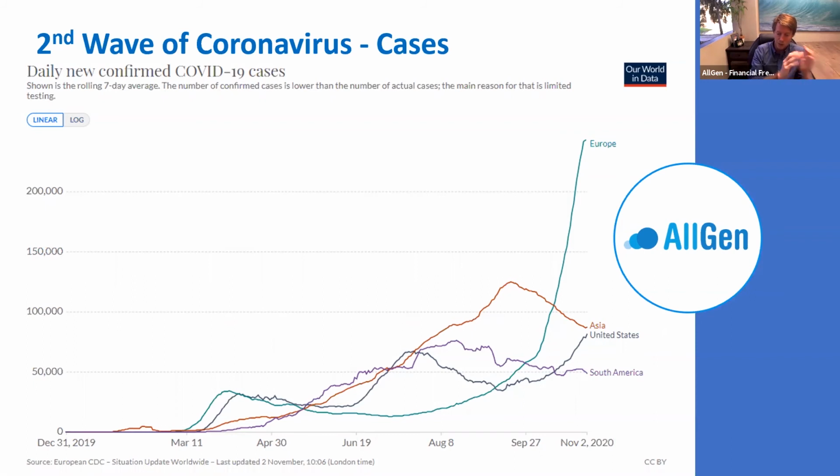The first set of shutdowns was an all-out nationwide, everyone stay at home type of shutdown. We don't believe we're going to have that. That hasn't been the case in Europe so far for the small shutdowns that they've had, and we believe that's not going to be the case in the United States either. So while we do believe it can slow down the progress of the most recent economic rebound that we've been experiencing, we do believe it'll be different if we have certain types of shutdowns or mandatory masks, or maybe closures of restaurants and theme parks and things like that. It won't be as bad as the prior time, in our opinion.